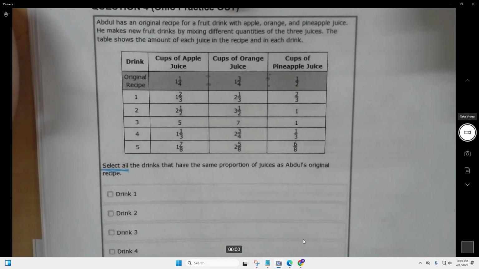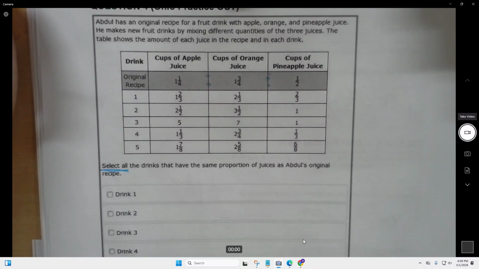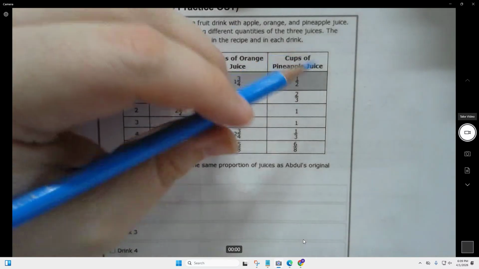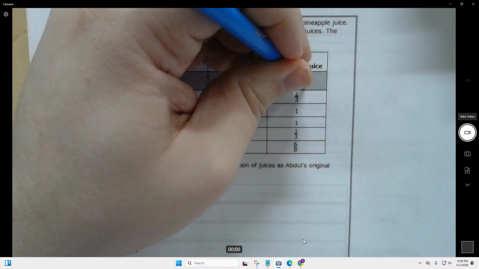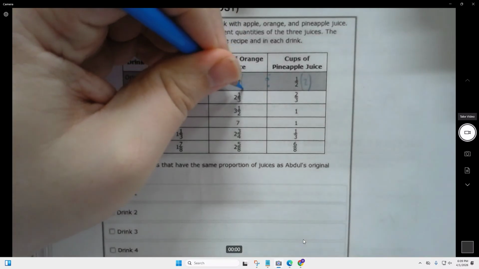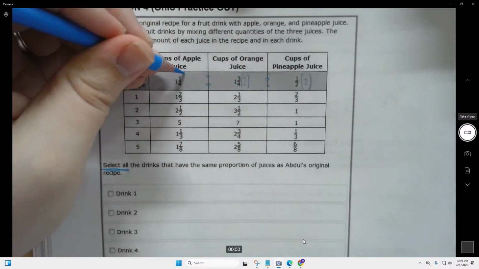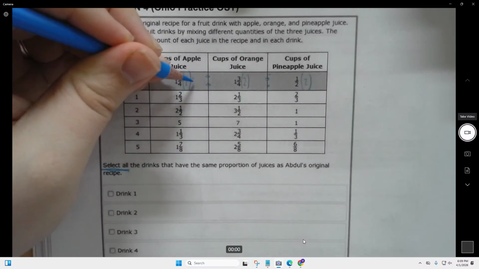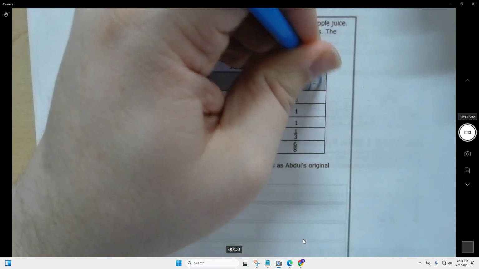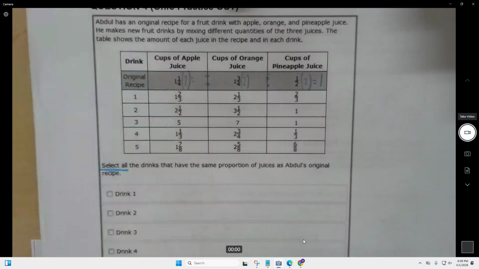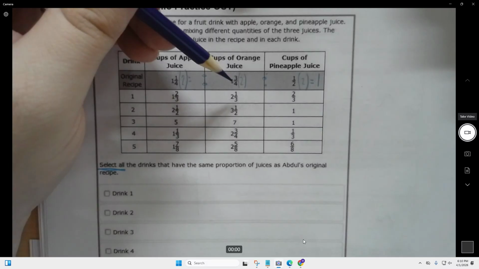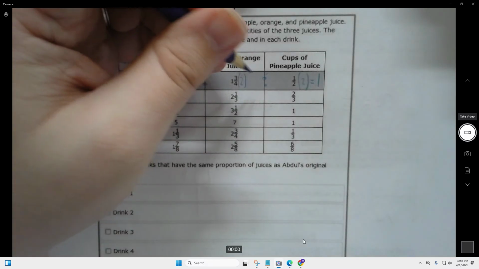Okay? So, here's a couple things we can do. Okay? First thing we can do is we can multiply all of these by 2. And you might be saying, Mr. Dietz, what does that do for me? Well, what it does is it tells us what should be in with 1 cup of pineapple juice. Because 1/2 times 2 is 1. 1 3/4 times 2